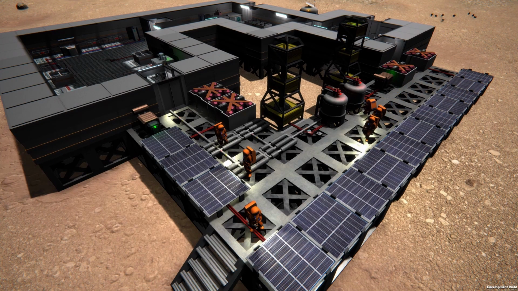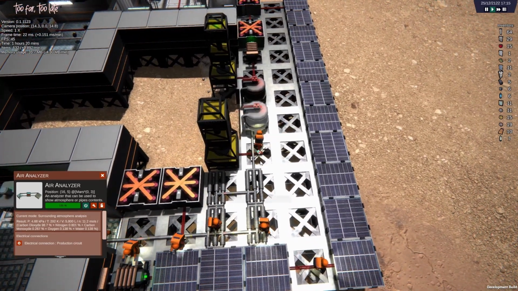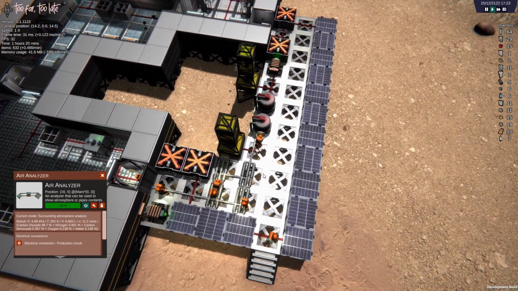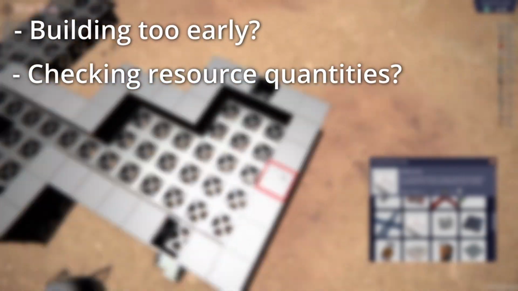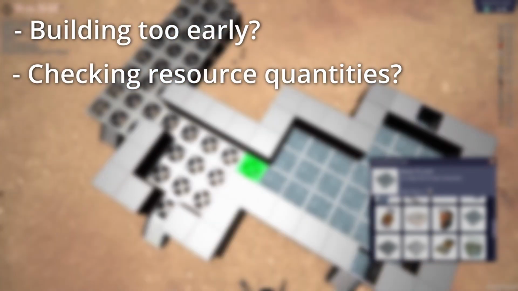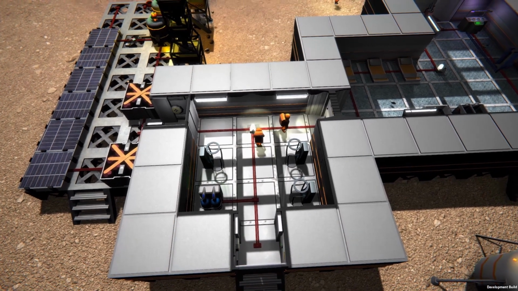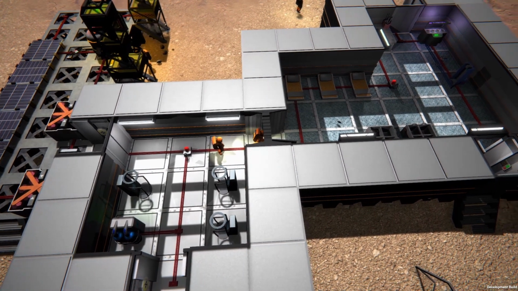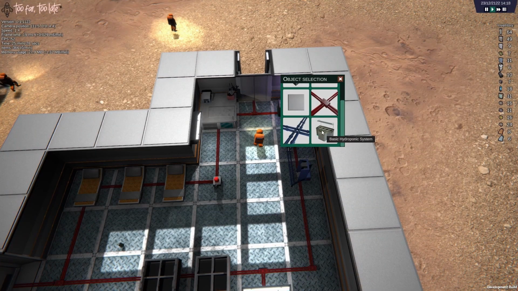Without this initial orientation, I had the opportunity to test and confirm which controls came naturally to the participants and whether any hints were necessary to discover certain features. I could also observe their expectations in some key moments, such as when they started a new building, if they were checking the available resources, or how they defined the size of their outpost. To conclude each session, I had a set of questions to gather feedback on their overall experience. These included potential frustrations and specific expectations for a colony game.